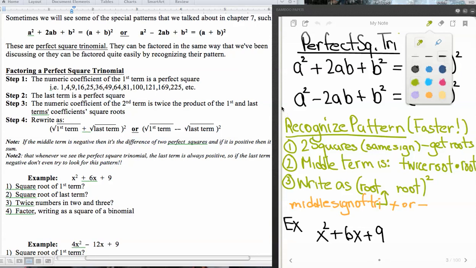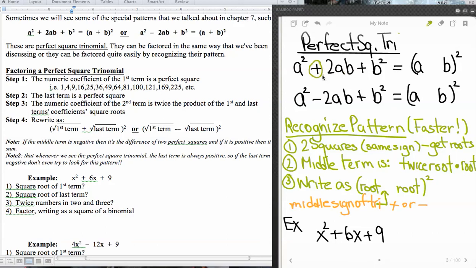All right, now we're continuing with the section 8.1 material, and what we're talking about now are some patterns that we saw back in chapter 2. We saw patterns of a perfect square trinomial created when we squared a binomial. And so what we see in our chapter this time is we're going to have a trinomial, and it's going to have two perfect squares in it and a middle term that's the roots of each of the squares times